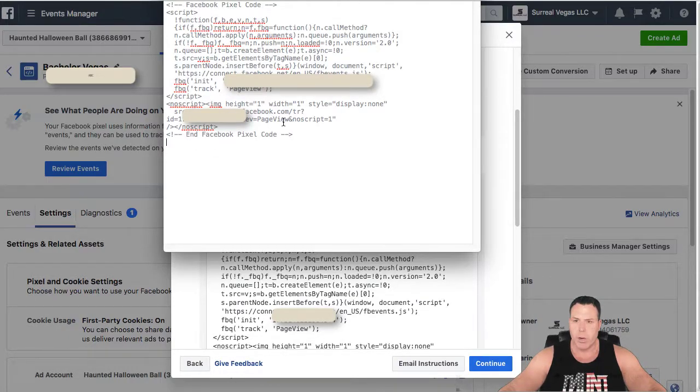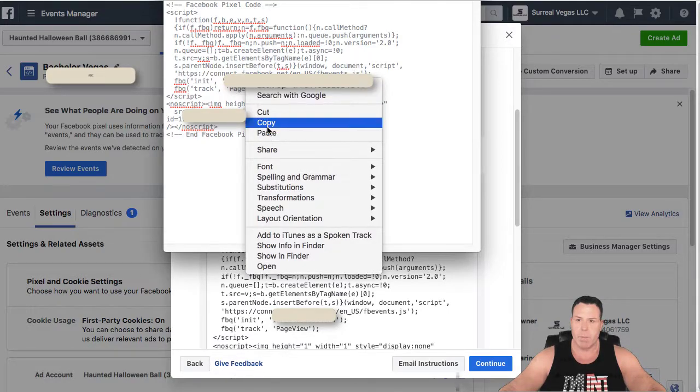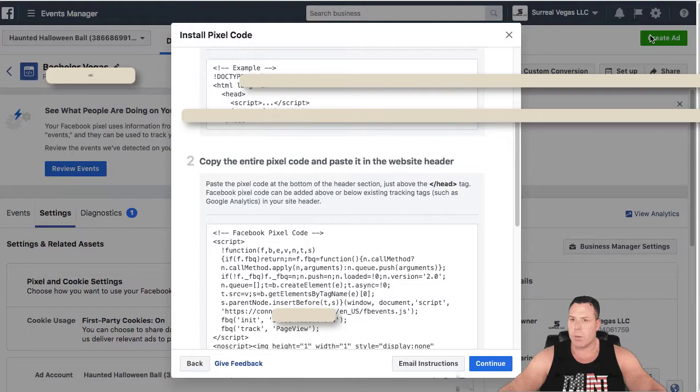All right, and then all you're going to need out of this is this number here. Okay, this in between the quotations. You don't want to grab the quotations. You have to be really careful here. Okay, so make sure you just grab that number. I'm going to copy that, and then